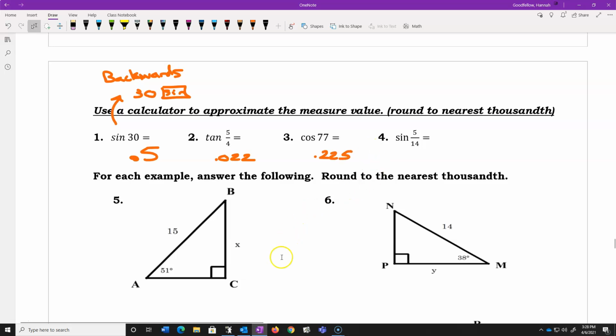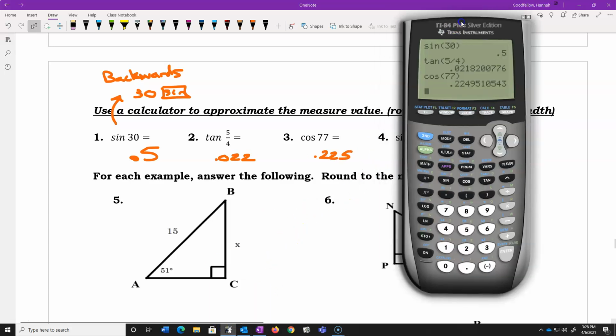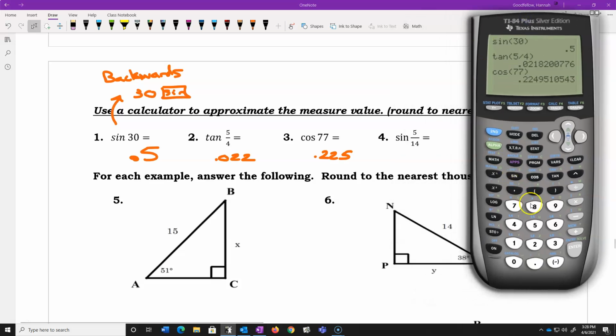0.225, because that's in degrees. And then the last one should be sine of 5/14. And you have to be able to put these in as fractions as well. That's not a big deal. You have to do it backwards. You do the 5/14 first and then push the sine key. And that answer would be